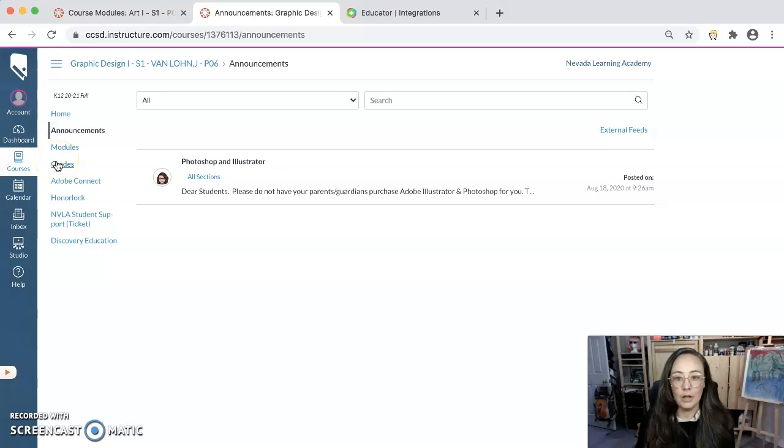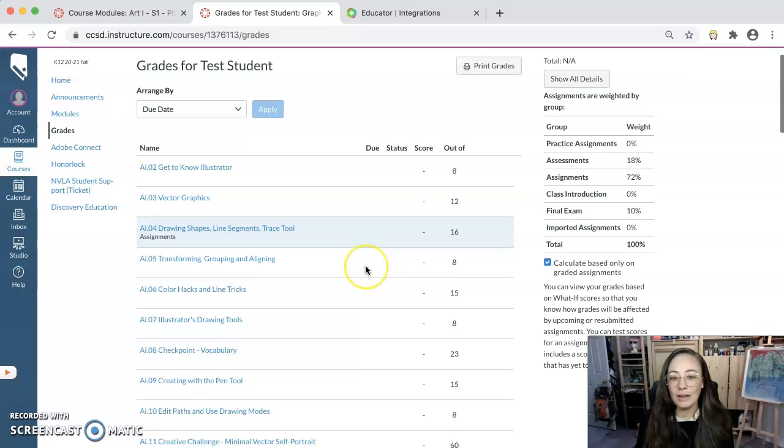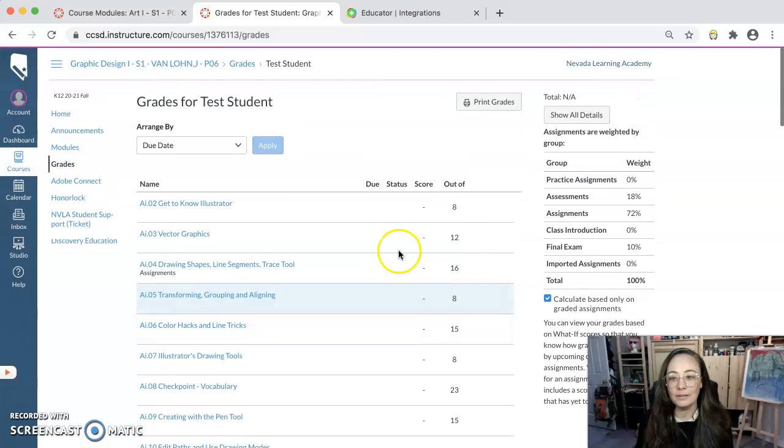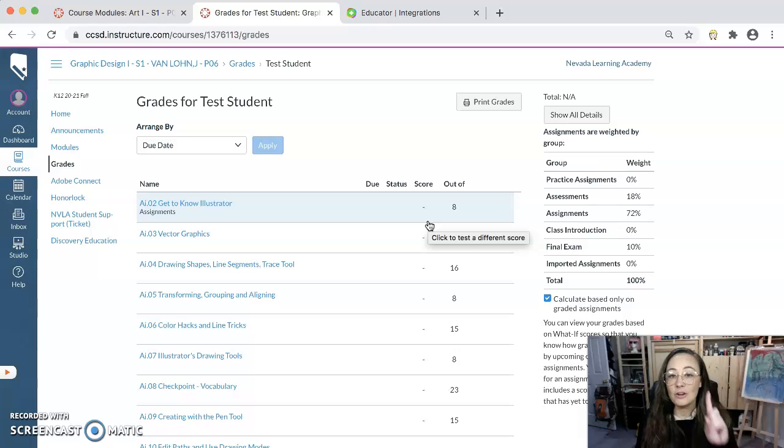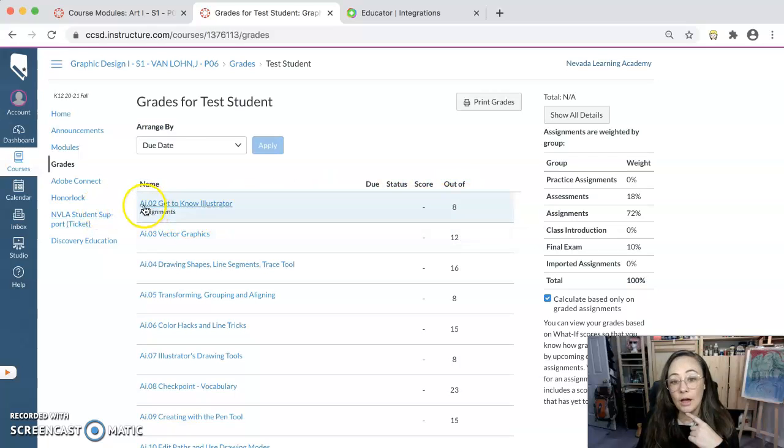All right, your grades tab is next. In the grades tab, it will have all of your assignments and the due date, the status, showing if you turned it in or not, the score, if I have graded it or not. And there is something to note here. If you have a 50%, so let's say you turn in this AI.02, Get to Know Illustrator, and you turned it in after the due date, you will have a minimum F